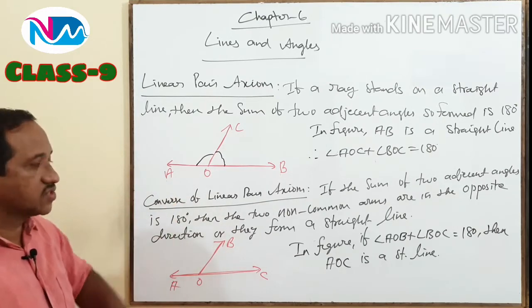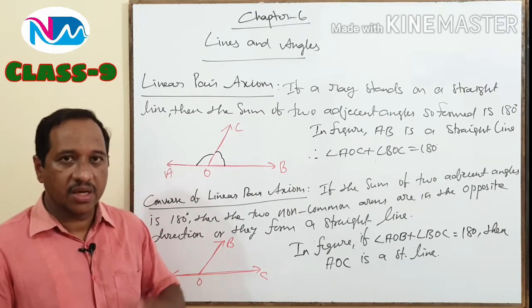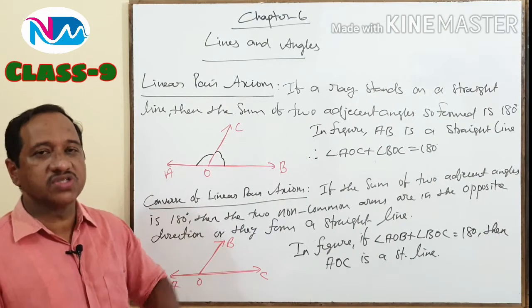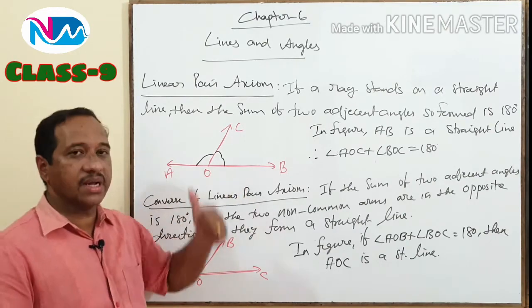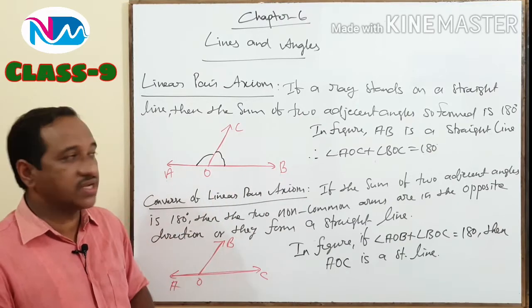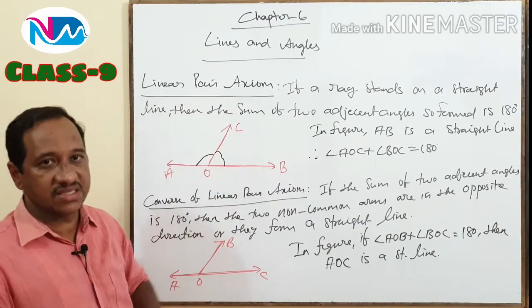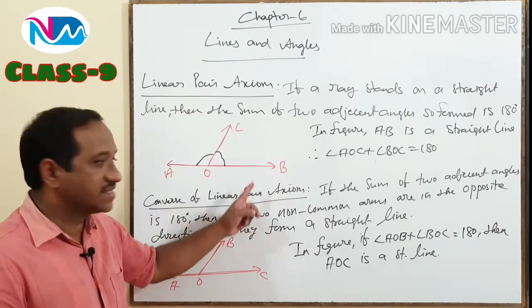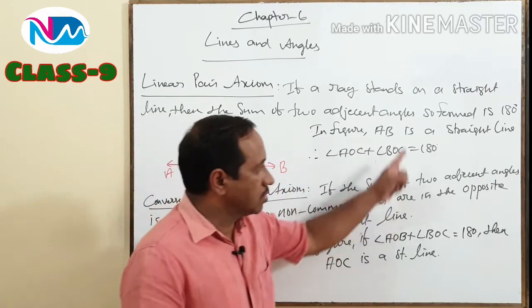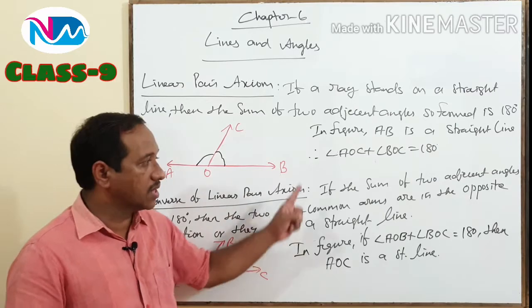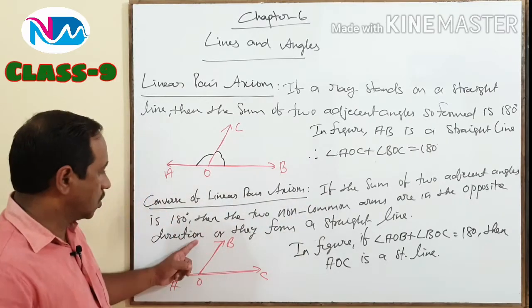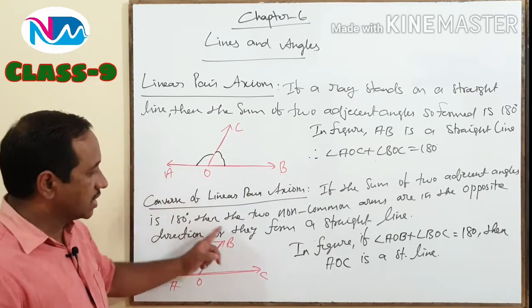Next is converse of linear pair axiom. A converse is the opposite statement. A converse of linear pair axiom is the opposite statement of linear pair axiom, and it states that if the sum of two adjacent angles is 180, then the two non-common arms are in the opposite direction, that is, they